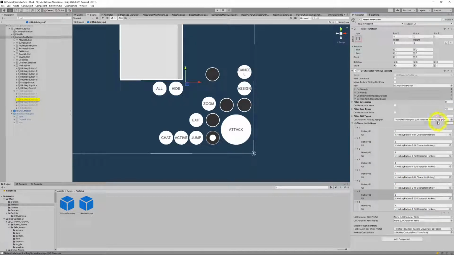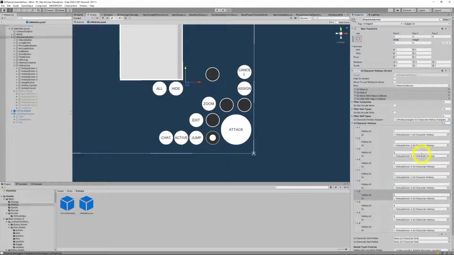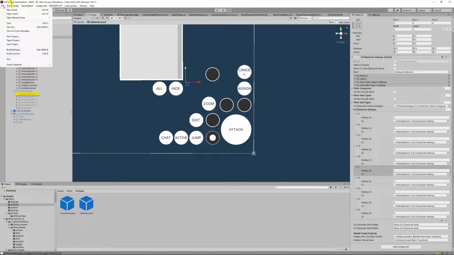So what we're going to want to do is we'll make the list larger. Call them both IDs of 5, and the first one we'll just drag button 4 across, and the second one we'll drag hotkey button 4 across. And what we will do is just drag this up so that it's 1, 2, 3, 4, 5, 1, 2, 3, 4, 5, and if we look, we'll just double check. Yep, first 4 are buttons. Looks like first 4 in the second group are the assign. That is it. Save our prefab,